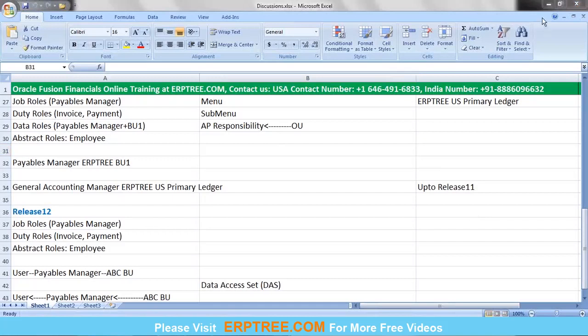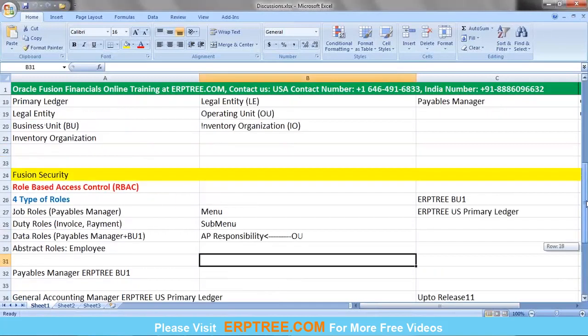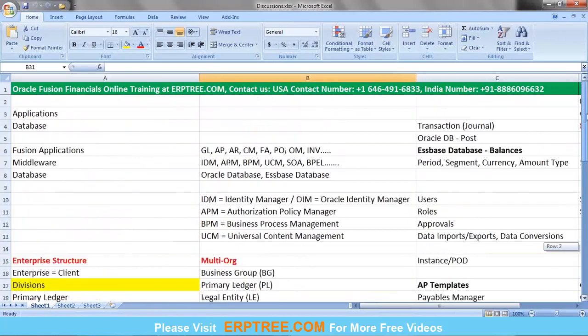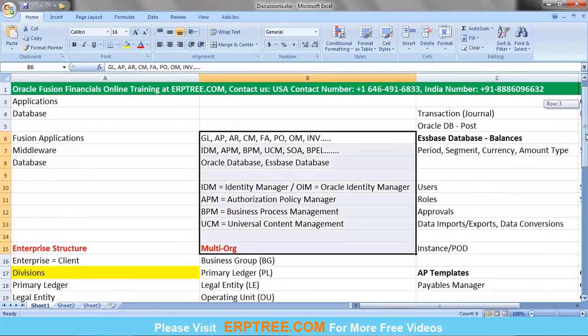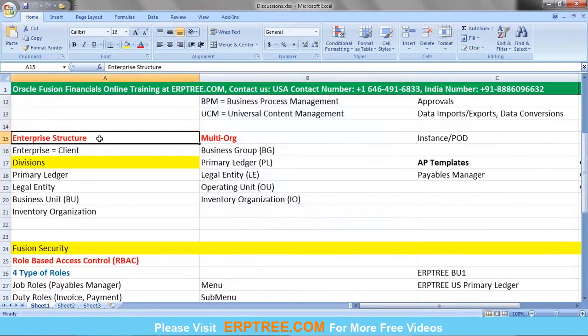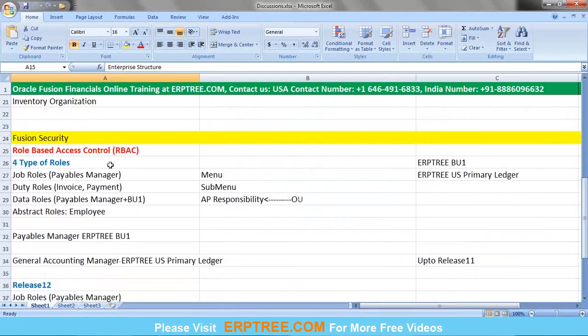Fine. In the last session, these are the few points which we discussed. We discussed the Fusion application architecture. We have three layers: Fusion applications, middleware, and database. The next point we discussed was enterprise structure, how it is different from multi-org, and then we went through